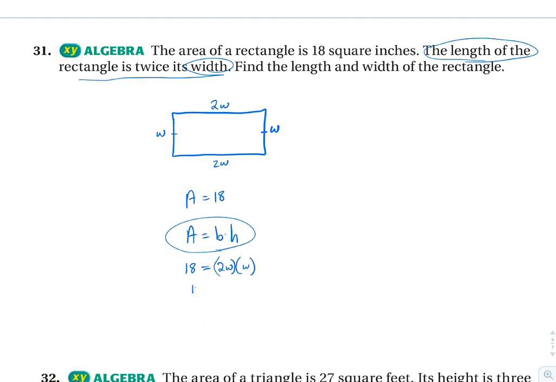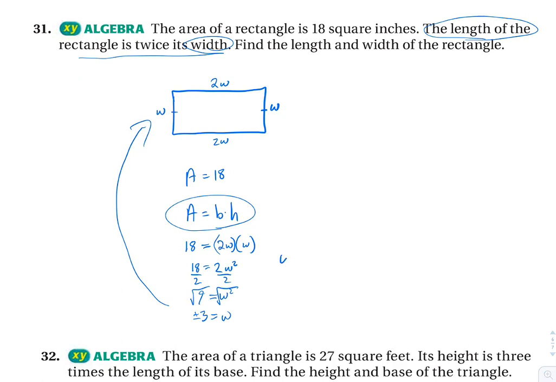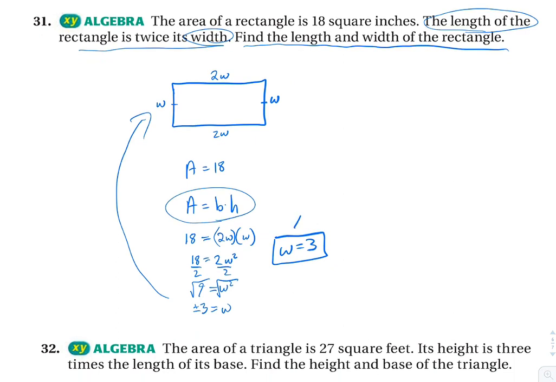And we solve that. So 18 equals 2W squared. Dividing by 2, we get W squared is 9. Square rooting both sides, we get W is plus or minus 3. Though if we go back up here and plug that in, we know a side length can't be a negative 3. That's silly. So we get that the only possible value is that W equals 3. Then we look at, find the length and width. So the width was 3. The length, which was 2W, is equal to 2 times 3, or 6. So L